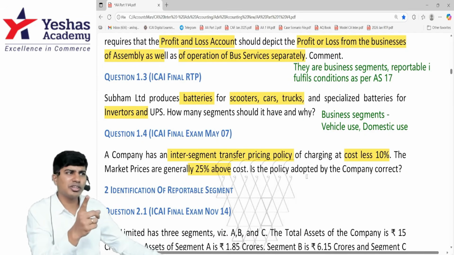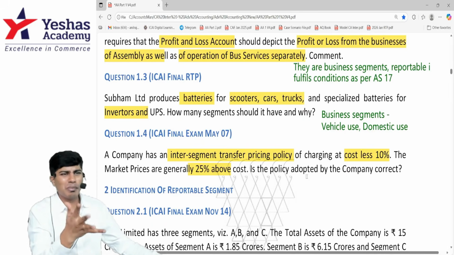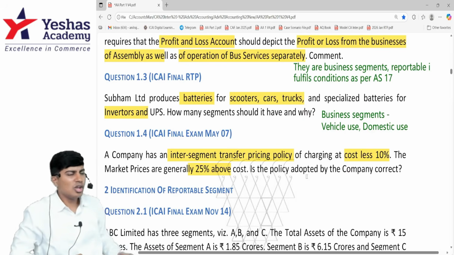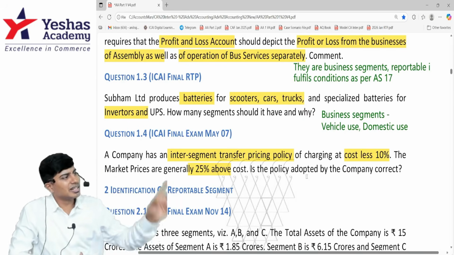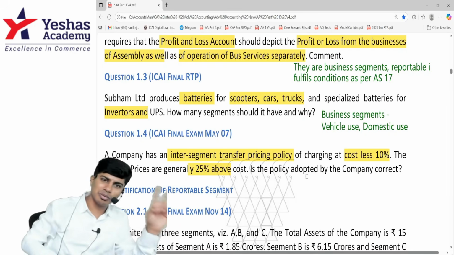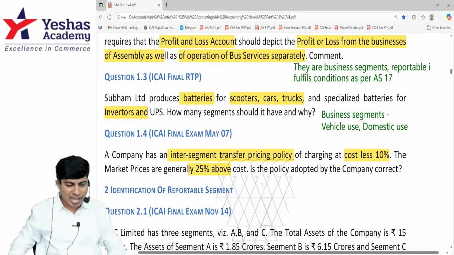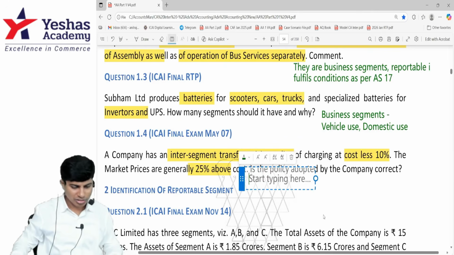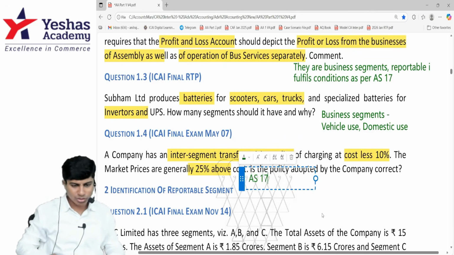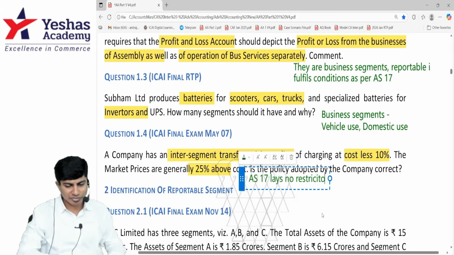Did AS 17 tell anywhere it should be sold at cost or above cost? Accounting-wise, there's no problem. I am not telling you what price to sell. Your headache, you sell however you want. I am here to tell is it reportable or not reportable. At what price you sell is not my headache. AS 17 has no comments on this. Your choice. AS 17 lays no restriction